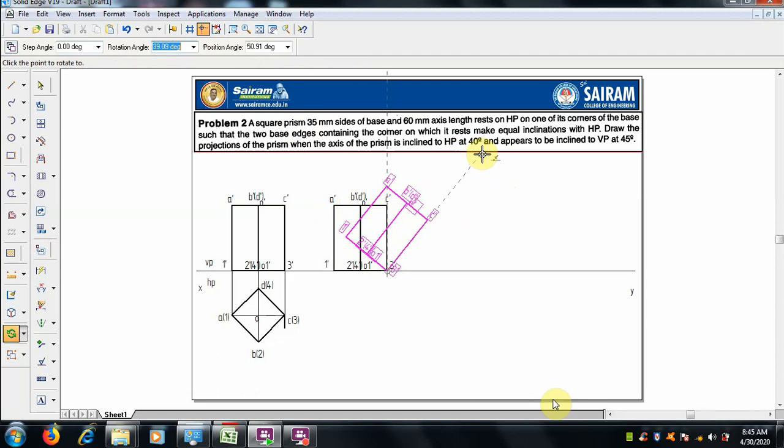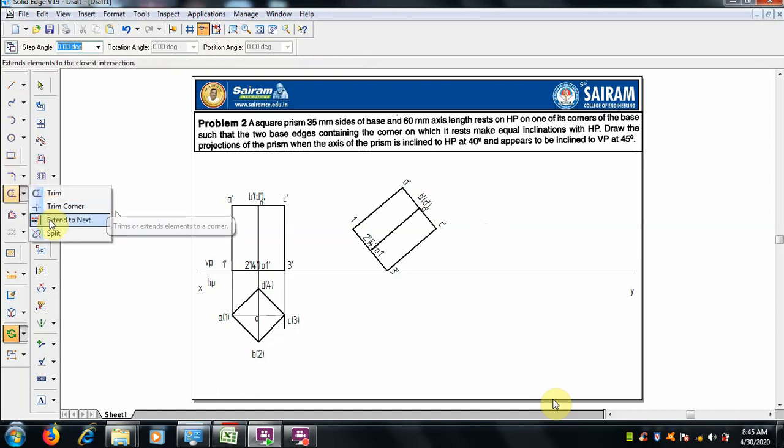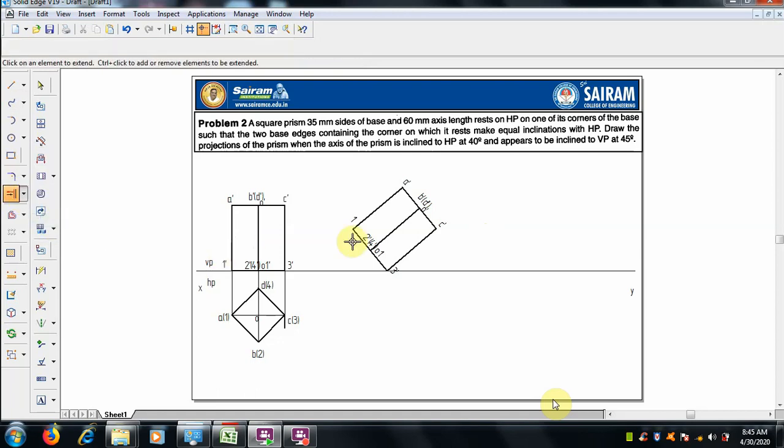So by selecting the corner 3, we can rotate by the angle given for the inclination, which is 40 degrees. So type 40 degrees and keep it. Rotation angle, position angle is 40 degrees. You can select it and check it. How to check it: extend this center line, because the question says the axis is inclined at 40 degrees. So select,